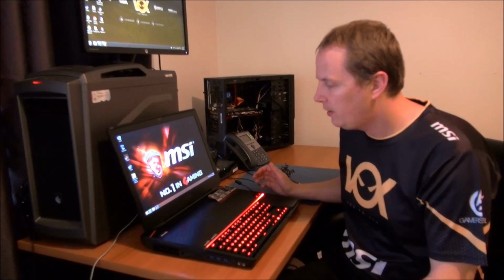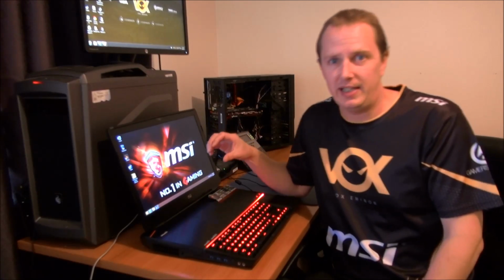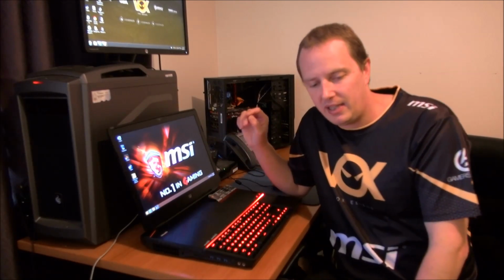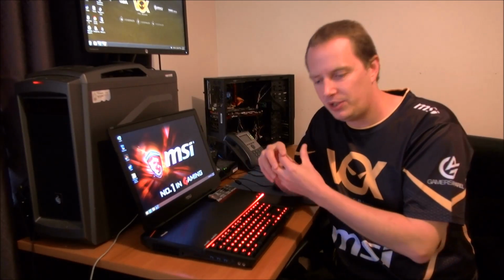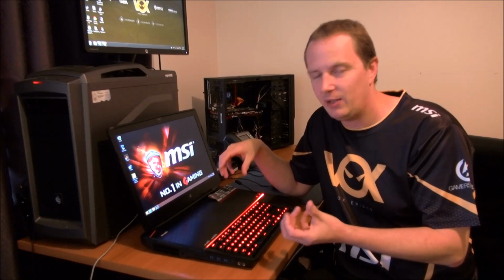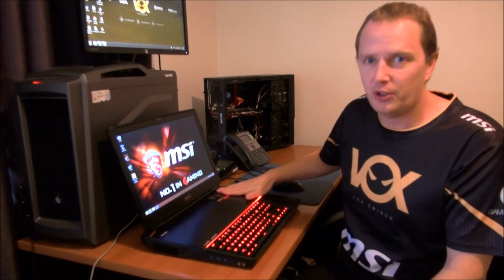Now, the other really cool thing about this, because it does have two video cards, it generates a lot of heat. Very powerful machine. So it has a dual thermal cooling system where it's got two fans, 8 separate heat pipes, which you use to carry the heat away. As you can hear my email going off. So it's got a dual thermal cooling system,